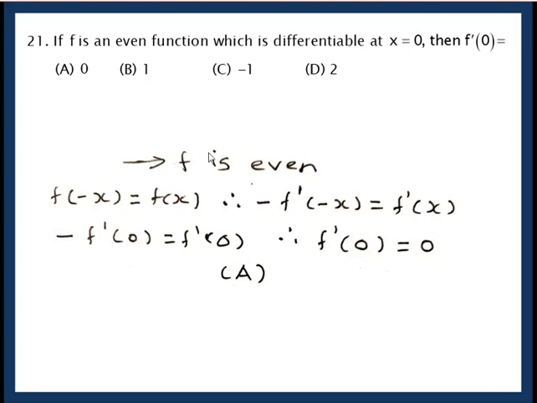What do you mean by even function? If for a function f, f of minus x is f(x), it is an even function. Example, cos x, sin square x, x raised to 4, constant functions, etc. What do you mean by an odd function? I think I have included one sum on odd function also. But what is an odd function? If for a function f, f of minus x is minus f(x), then it is an odd function. Example, there are many: sin x, then tan x plus x cube, etc.